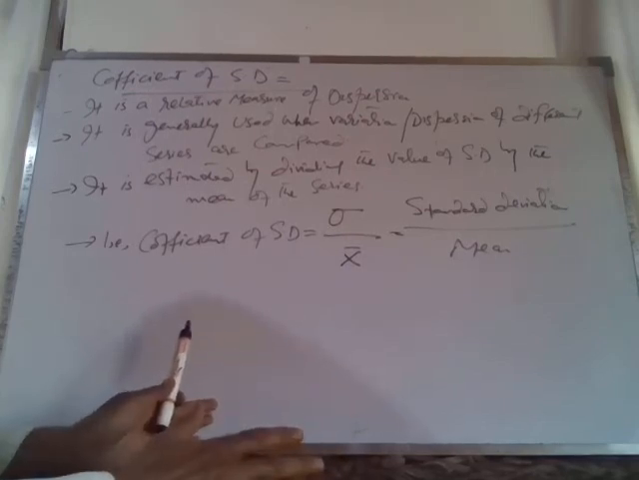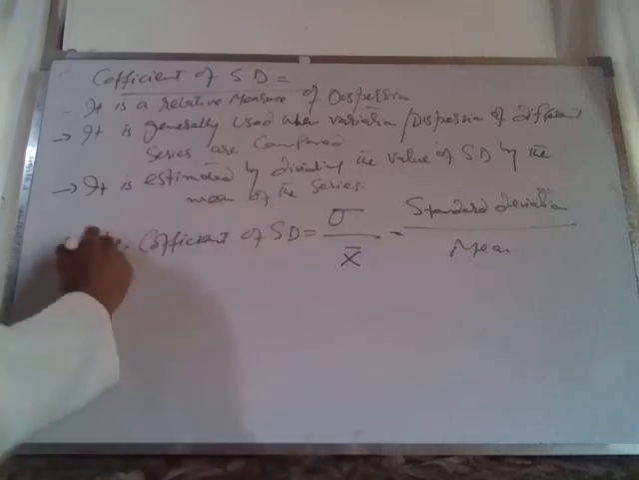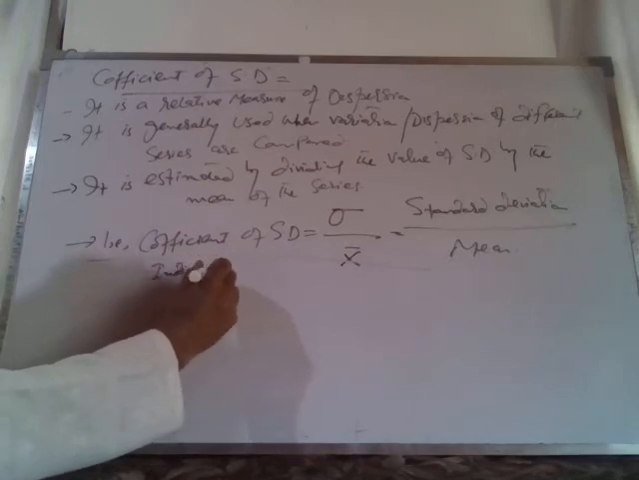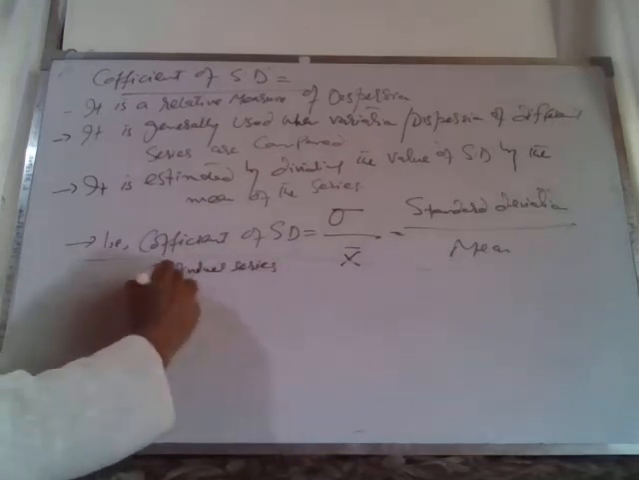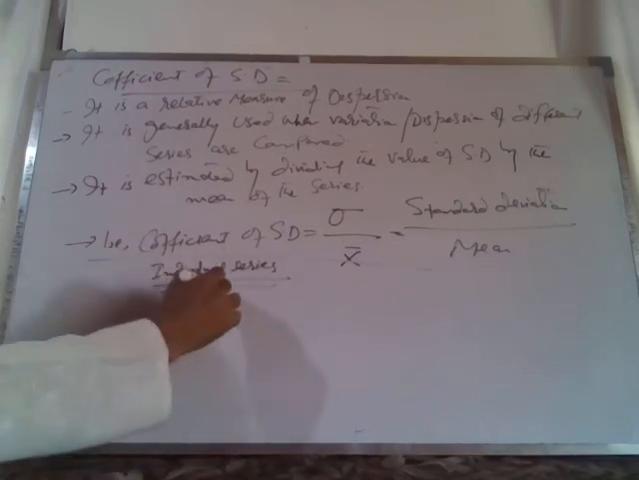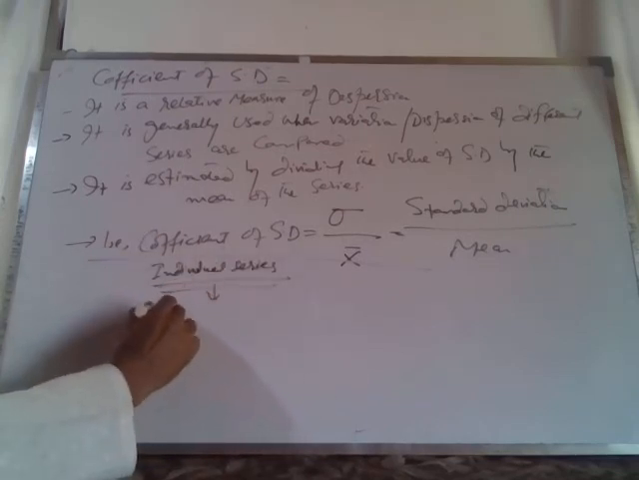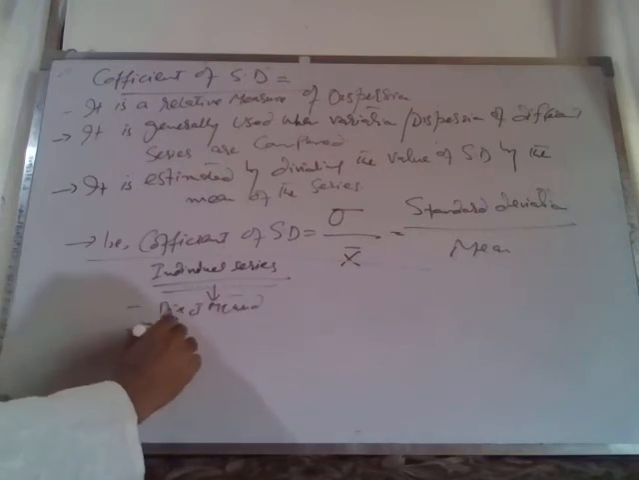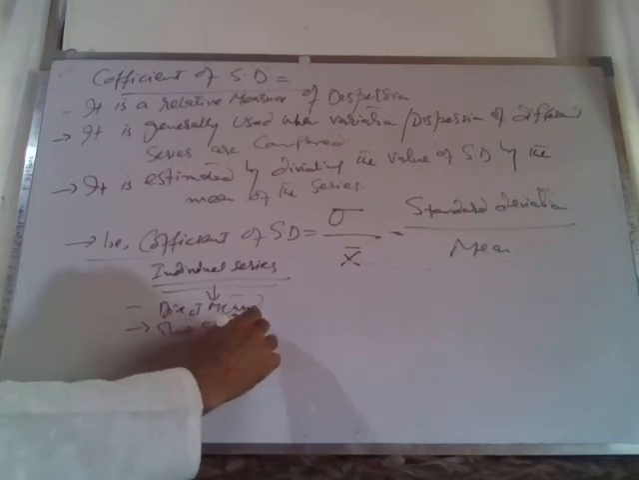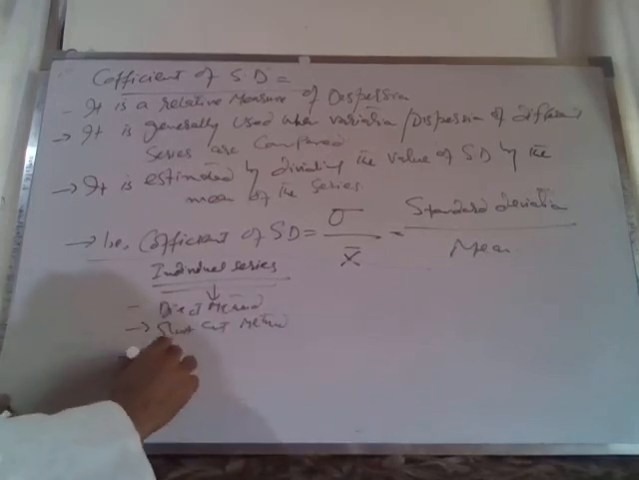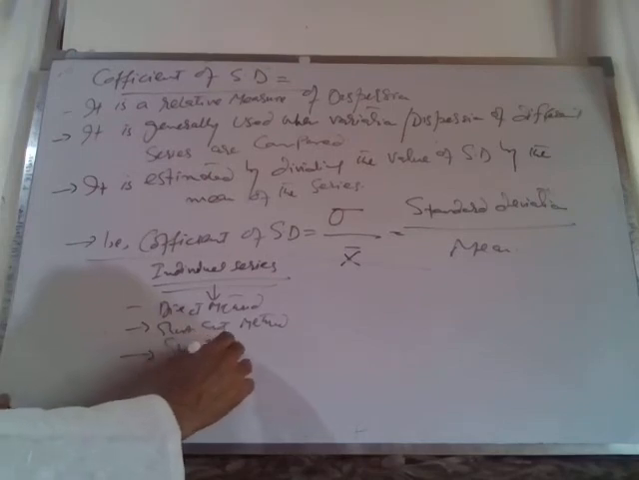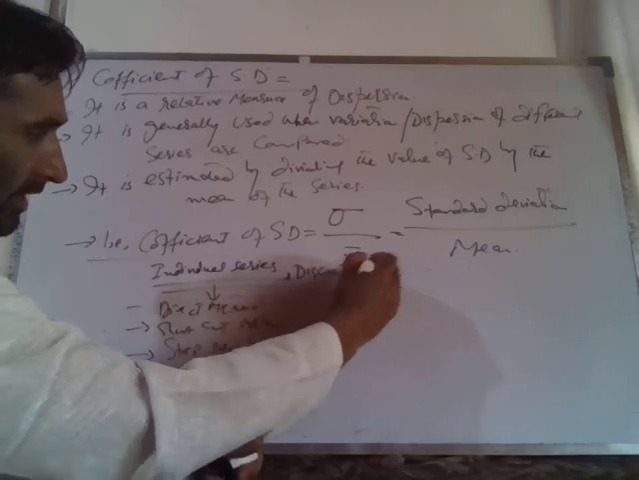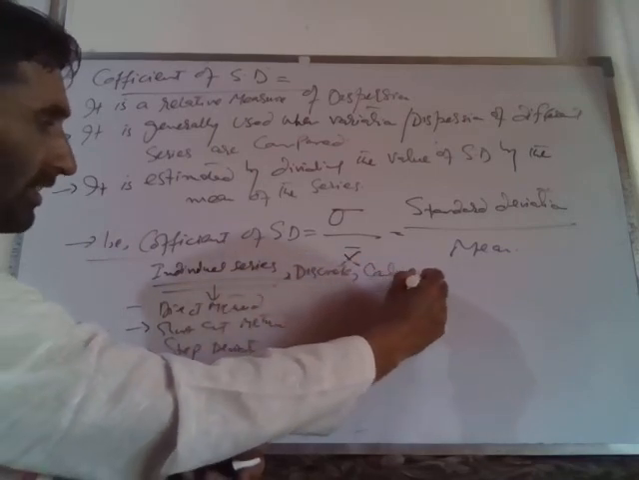So for the individual series we have three methods, which we have already discussed. For individual series, हमें स्टैंडर्ड डेविएशन कैलकुलेट करना है, we have three methods. One is the direct method, another is the shortcut method, third is the step deviation method. इसी तरह डिस्क्रीट के लिए भी यही तीन मेथड्स है और कंटिन्यूअस सीरीज के लिए भी यही तीन मेथड्स है,